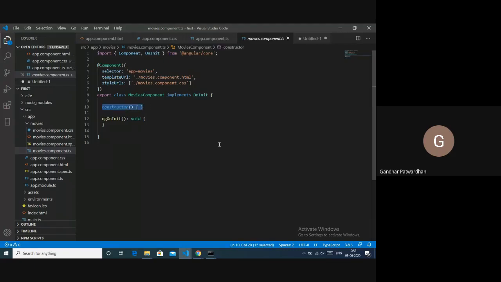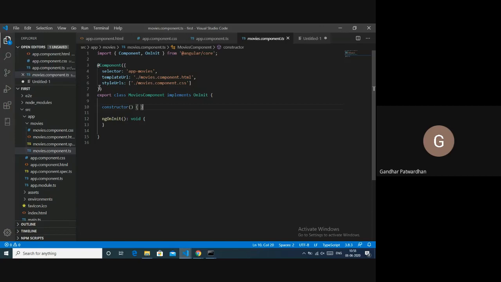Now, in general, what we have seen in say Java or in C++ is that the name of your constructor is the same as that of your class, and you call it a special member function. But in this case, we just call it constructor, and it has only a single constructor. You can always have parameters in your constructor. So there is not much fuss about the constructor.